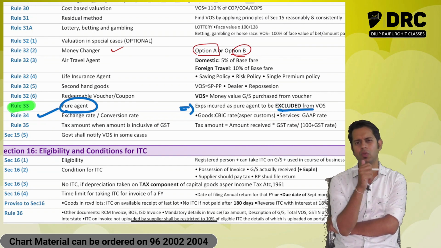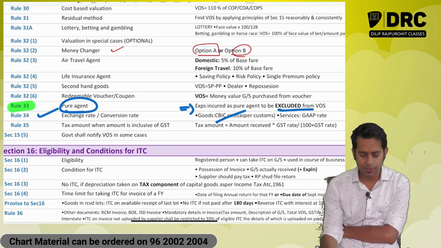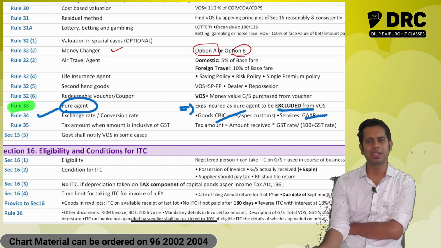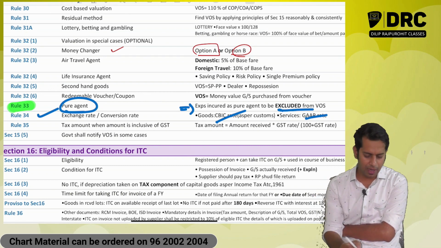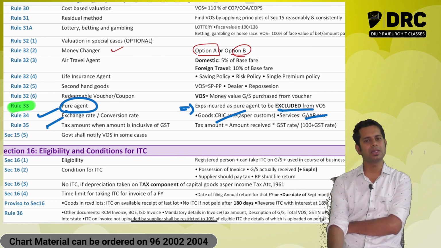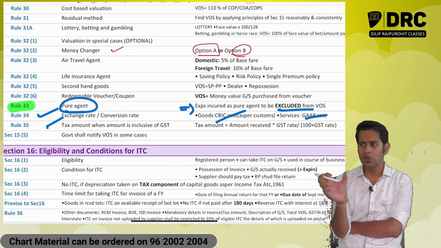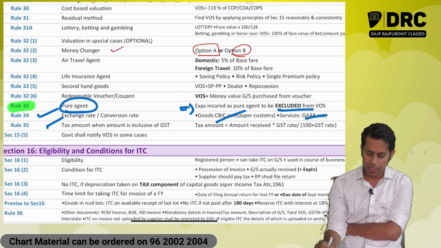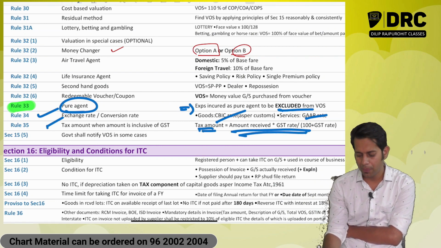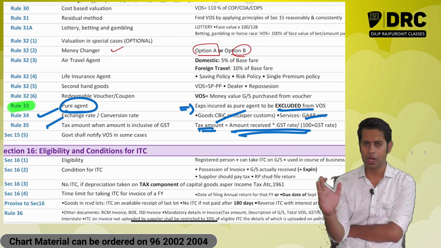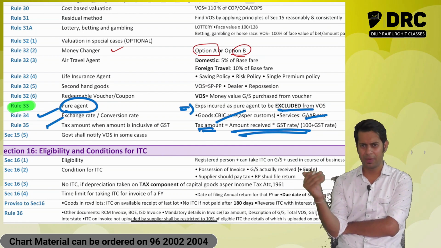What is the exchange rate I have to take? If it is the case of goods, then as per CBIC. If it is a case of services, then GAAP rate, whatever is agreed between the supplier and recipient. Rule number 35 says, if the amount which is given to you is inclusive of GST, then the tax amount, if you want to compute, this is the formula: the total amount into GST rate divided by 100 plus GST